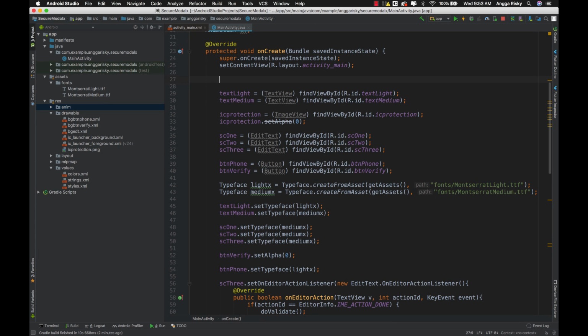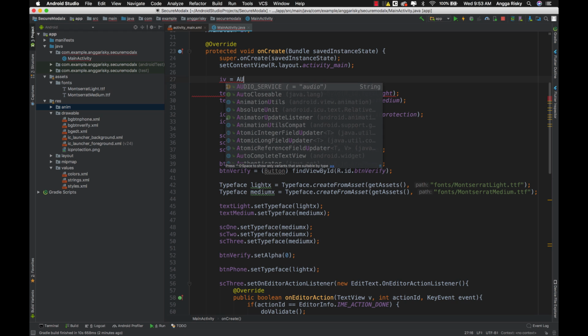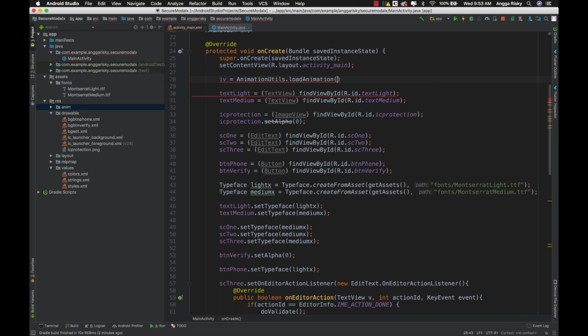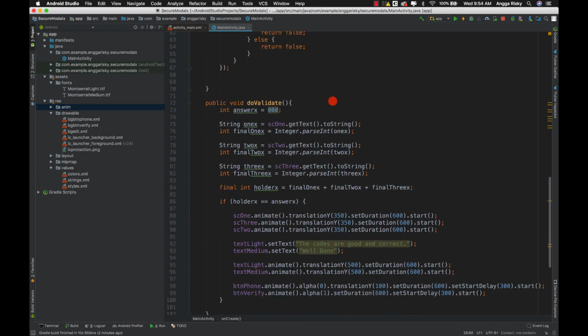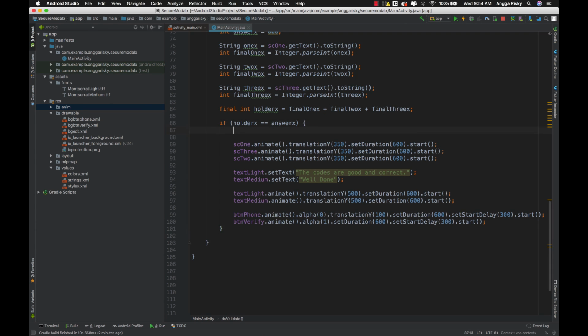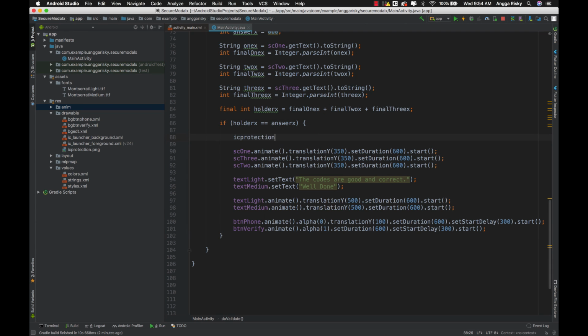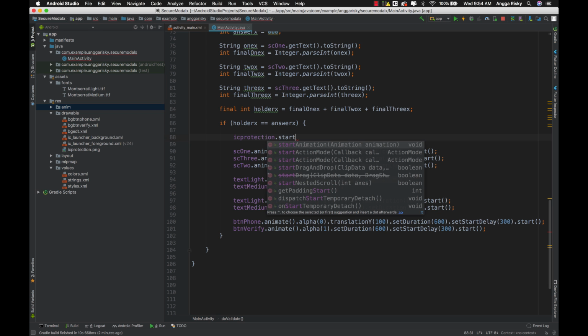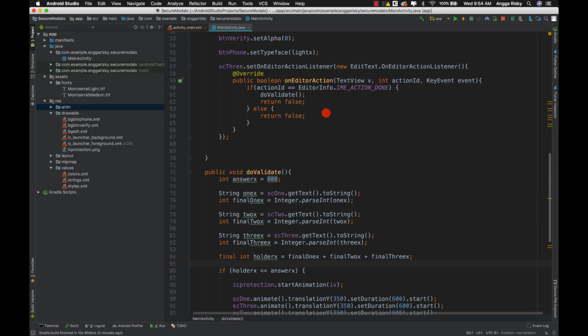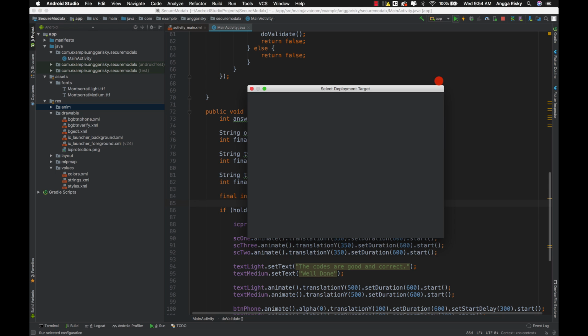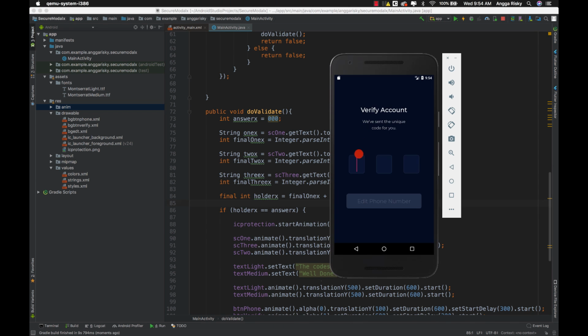Okay, and after that we have to go to IV and then AnimationUtils, loadAnimation. These are anim IV. Okay, and after that, if the answer was correct, the icon protection startAnimation, which is IV. Okay, right, nice. Let's try first.